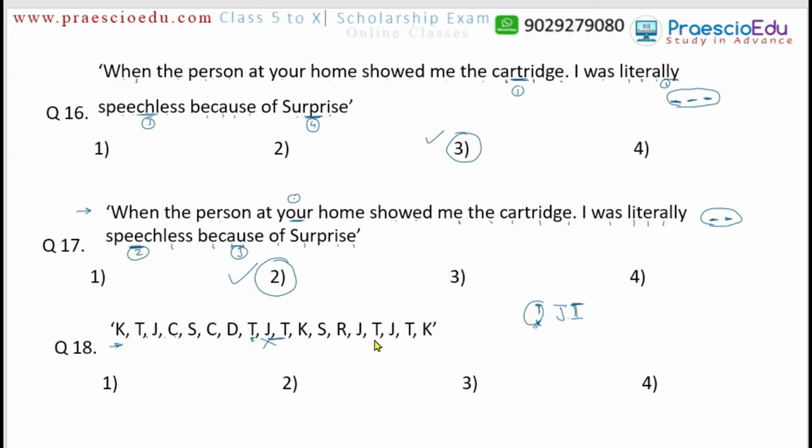After that one, the J and T here, which is preceded by the R. So this is the one group. Then later J and T are also there, this JT, but preceded by the T. So this is not our answer, not our confirmed group. So only one group we have found where the J and T have one consonant as a preceding letter. So only one means the answer is three. So this answer three is the correct one.